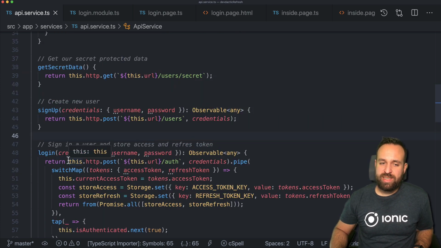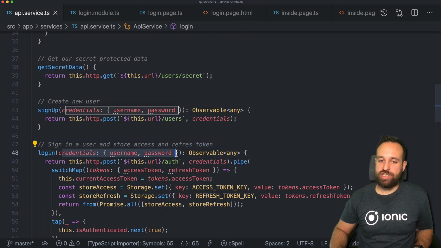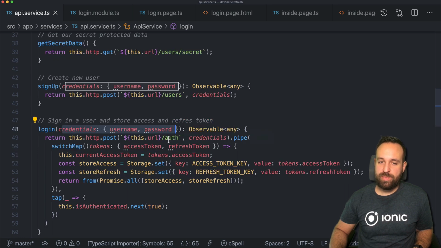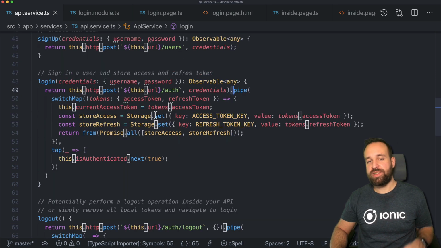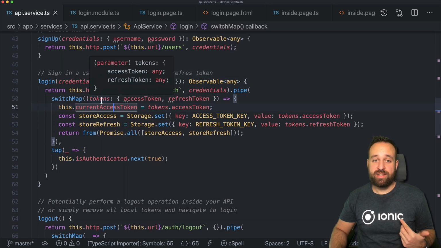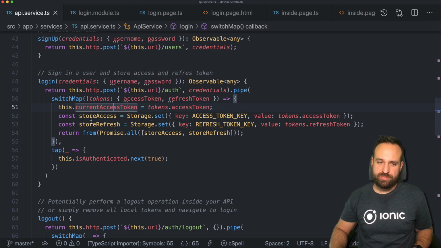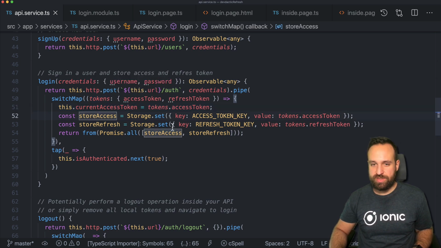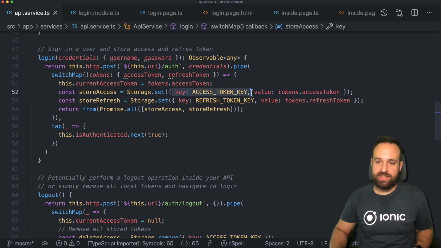Then we got the login, a bit more interesting, same credentials like before, but this time making a call to auth and then piping the result. Because as I said, we get back an element that looks like this: access token, refresh token. And we want to store both tokens. So we want to store the access token, and so using the value access token, and the refresh token using